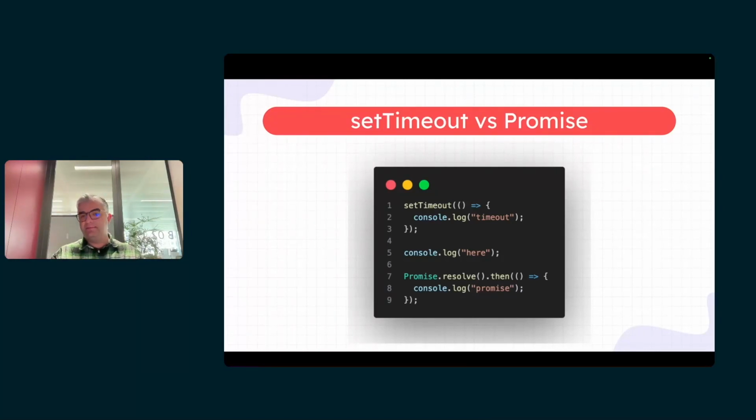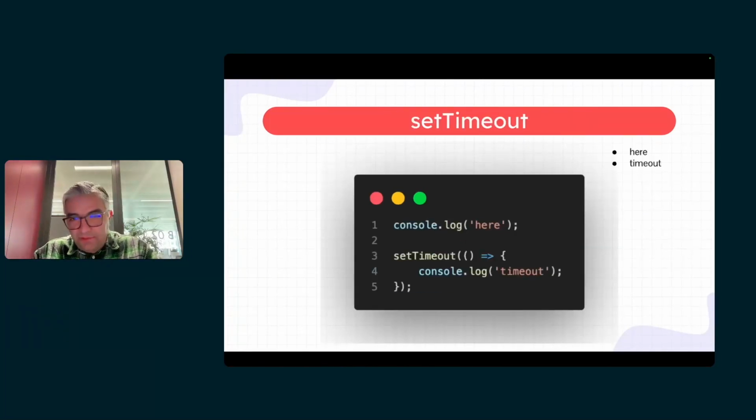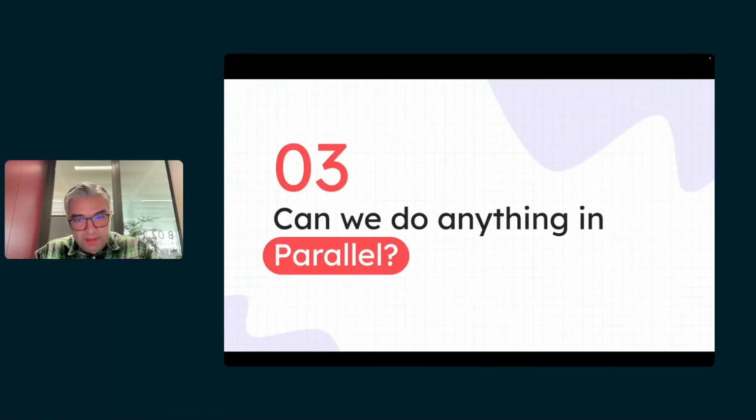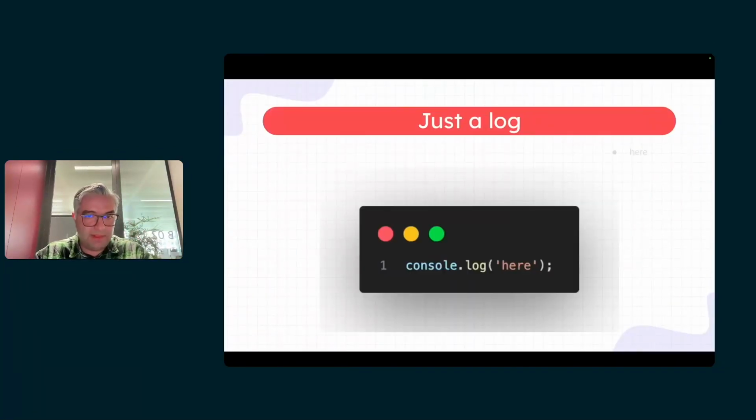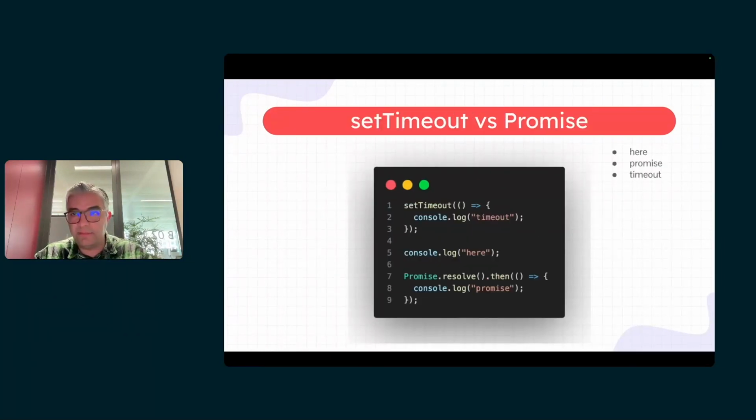But which one is supposed to run after here, timeout or promise? The answer is promise. Why? If you remember the diagram that I showed you previously, I didn't randomly put 2 queues here. They have meanings. They are the first queue and the second queue, and they have their own names. And they have their own priority as well. So let me tell you what the priorities are.